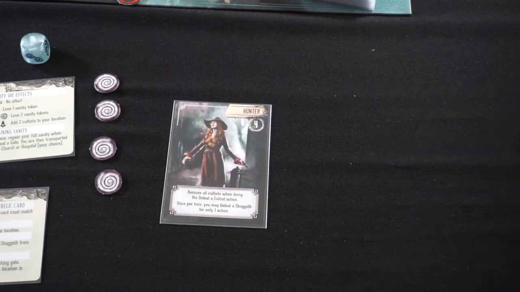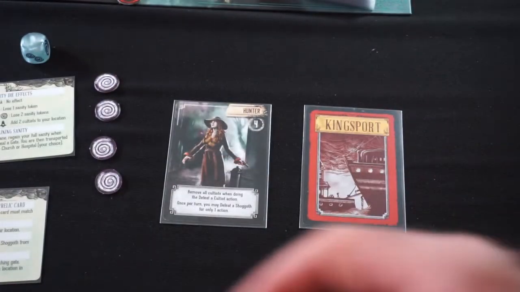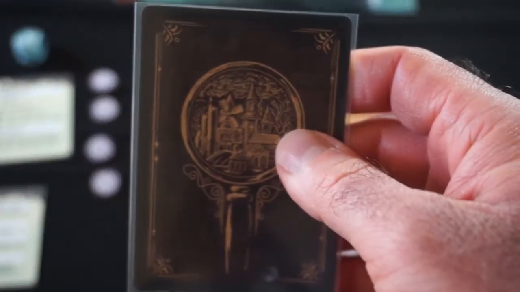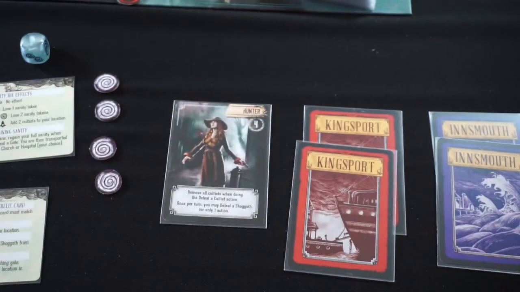Starting hand, and we'll figure out what we need to concentrate on. So first card up is another Kingsport, which can potentially move over to the Occultist. We have an Innsmouth, another Kingsport, and an Innsmouth. So we could really move Kingsport in either direction, but before we move back up top to